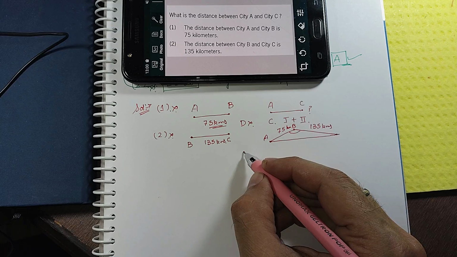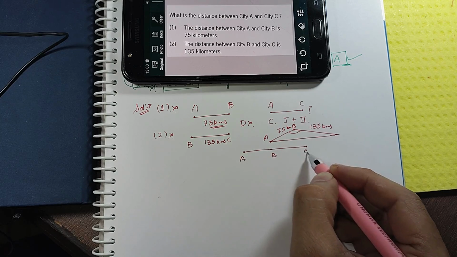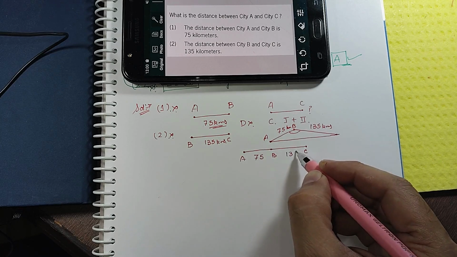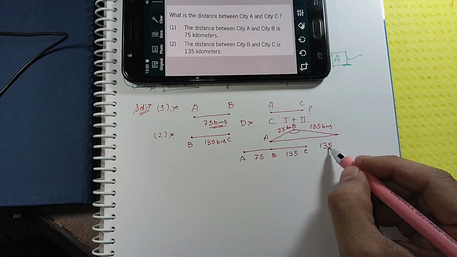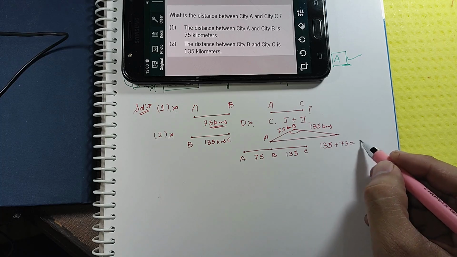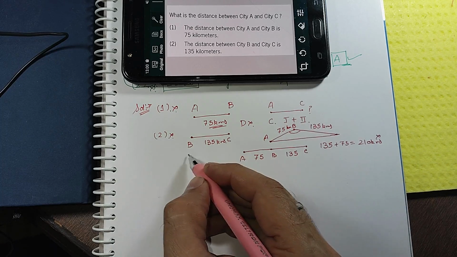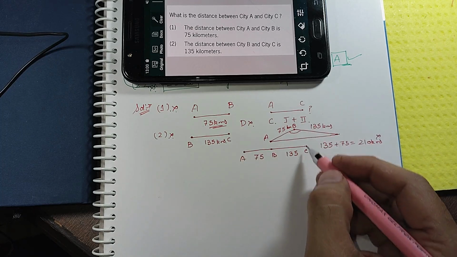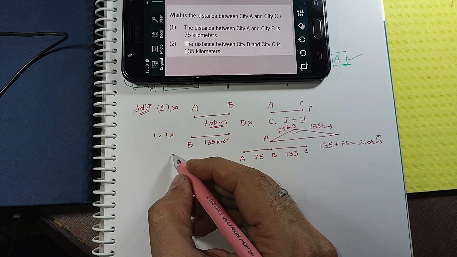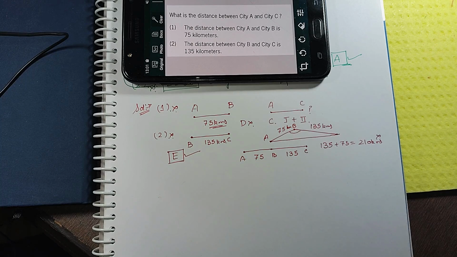If all the cities lie on a straight line, then we can add the distances, and the distance between city A and C is 135 plus 75, which is 210 kilometers. But this is not the case, so we don't know the positioning of cities A and C. So even by combining, we are not able to solve this question. So we will say that option E is the right option, that both statements together are still not sufficient to